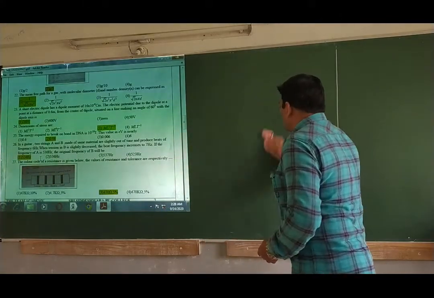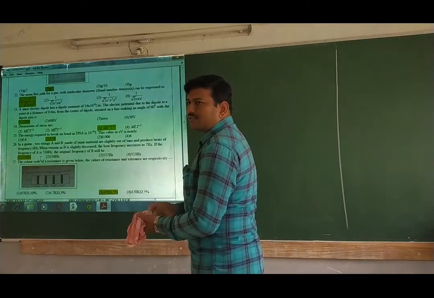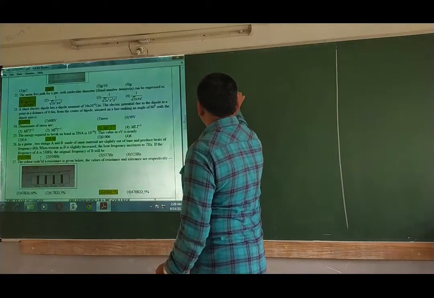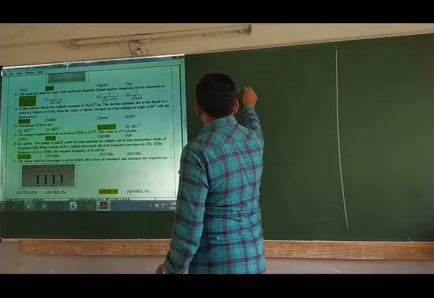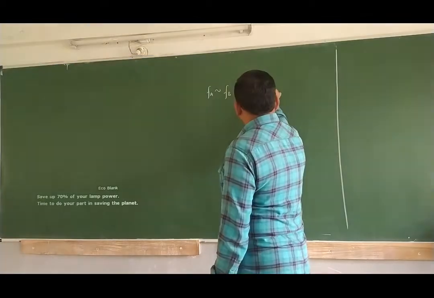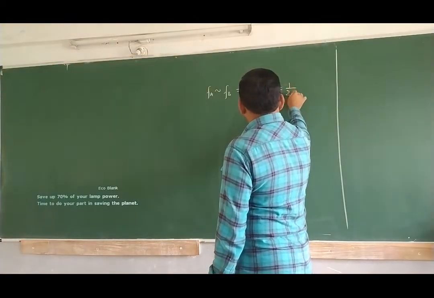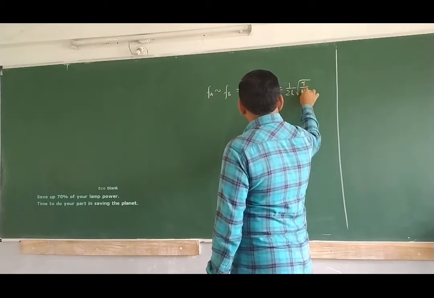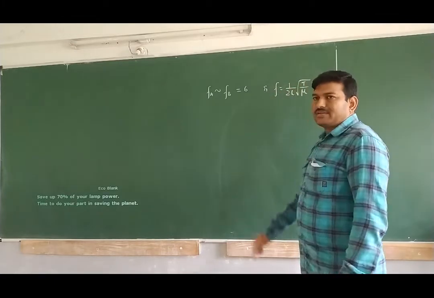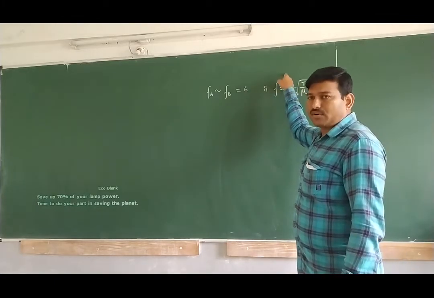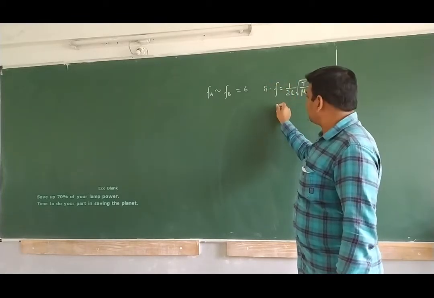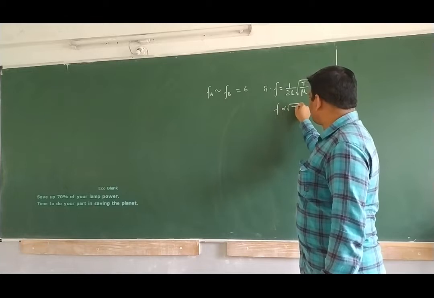Look here. There are two wires A and B. The frequency of wire A you take as FA, and the frequency of wire B you take as FB. They are producing how many beats? 6 beats they are producing in the beginning. Now, I also know that frequency is equal to 1 by 2L into root of T by mu, a standard formula. Frequency, how does it depend on tension? Directly proportional to square root of tension. When tension increases, frequency also increases. Tension decreases means frequency also decreases.